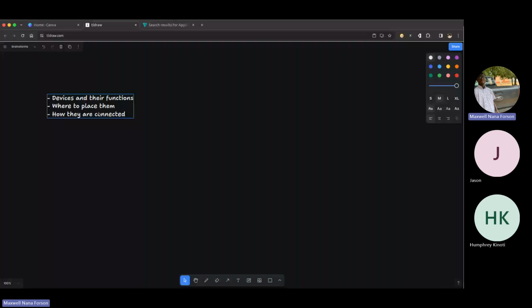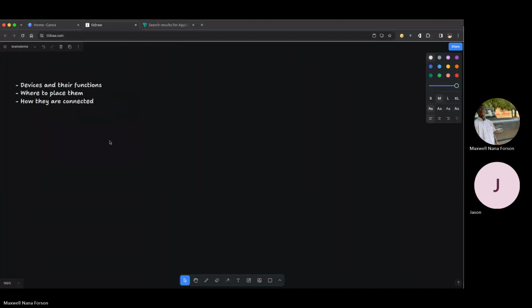So it's going to be a much simpler approach to what we are trying to do. Let's say we have